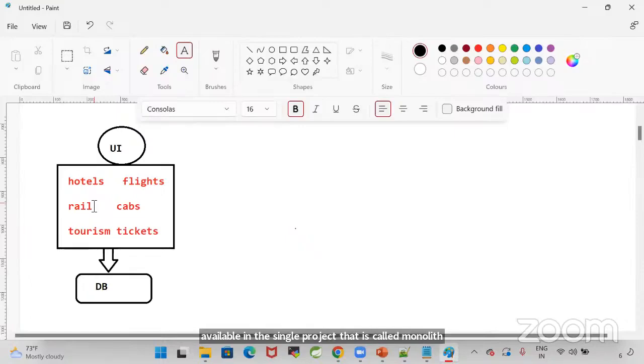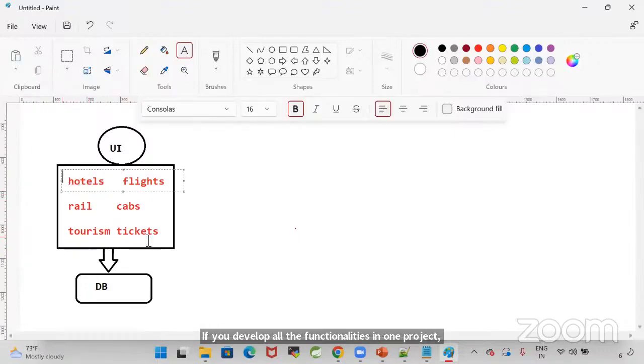This is an outdated concept in the market. Developing all the functionalities in a single project is an outdated concept. Why? Because if you develop all the functionalities in one project, the maintenance of the project will become very difficult.